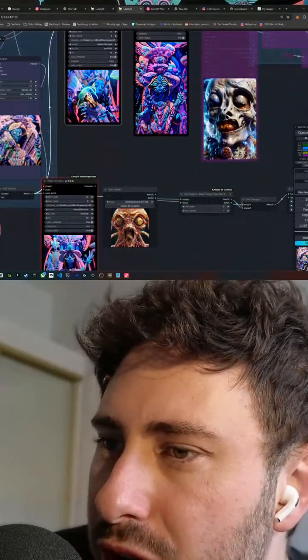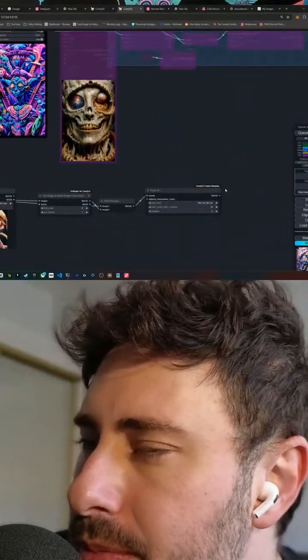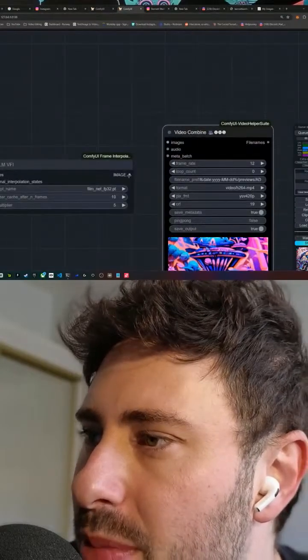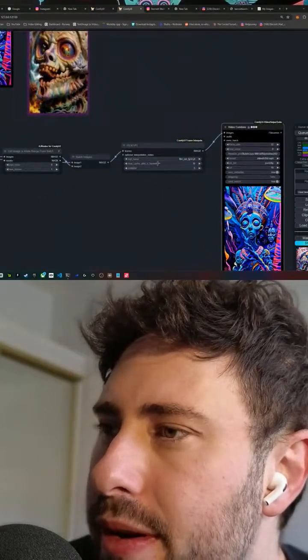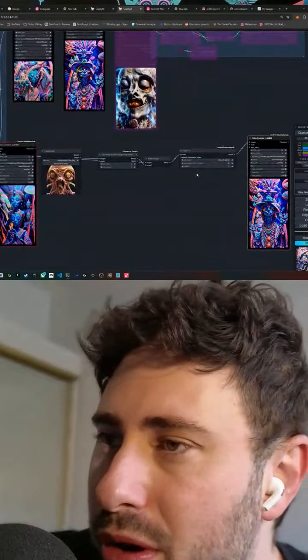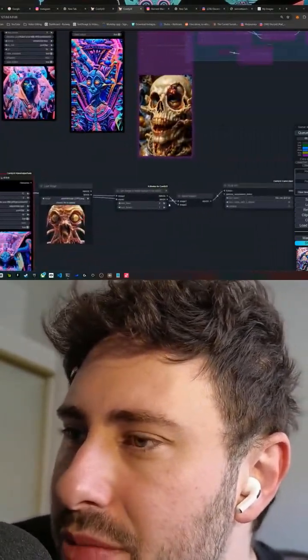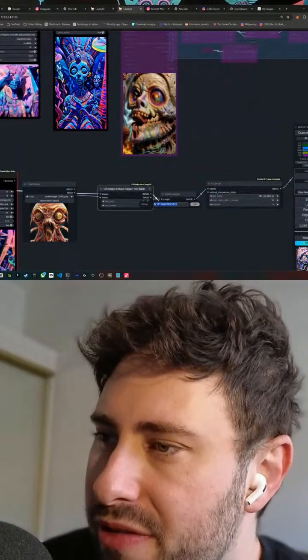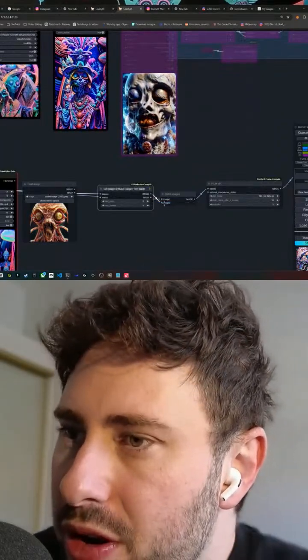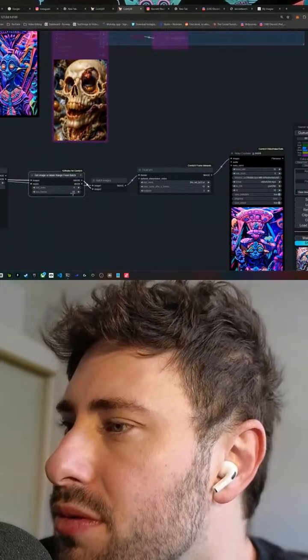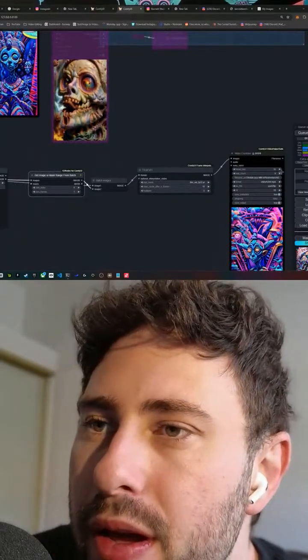Then by outputting that into its own video combine node, it'll branch off into a different sequence. This time it will take the existing frames and multiply them by 5. By doing so, you're going to get a much smoother, higher frame rate result. Oops, I didn't mean to do that. And let's see what it looks like.